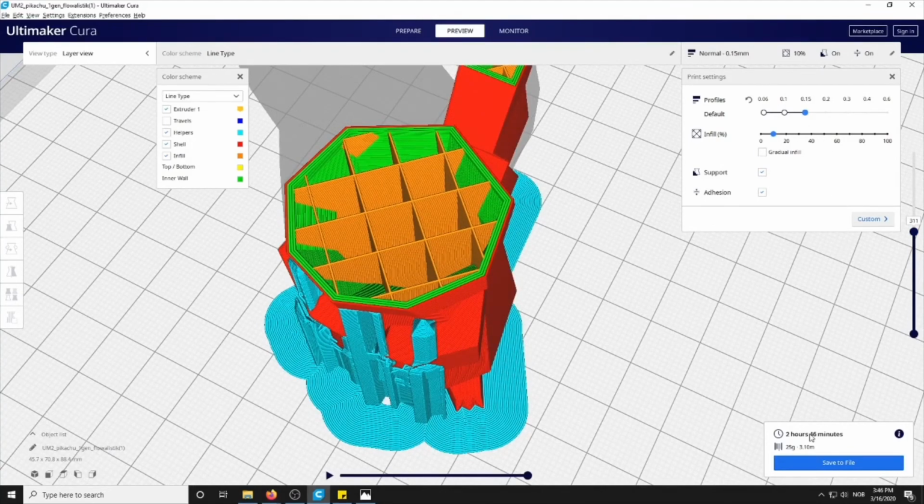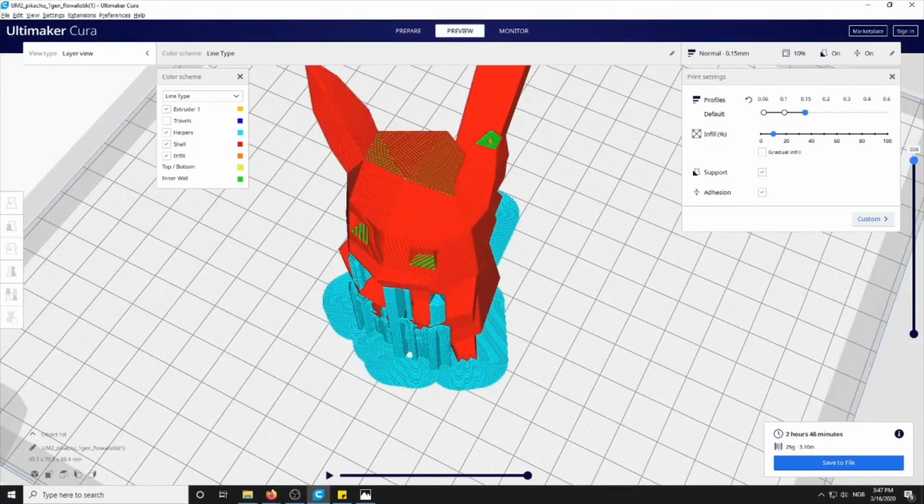So this model, 2 hours and 46 minutes. Now we've optimized this model, we made it stronger, that cost us some time. We added support, that also cost us some time. But this model here is now strong, it's going to be safe to print, we don't have to worry about it, it's probably going to be okay. This is a very normal print. I would say